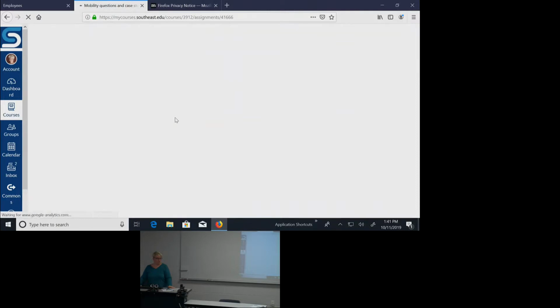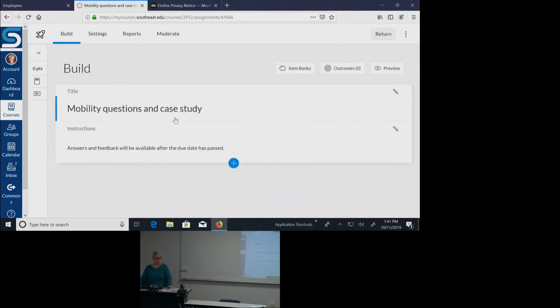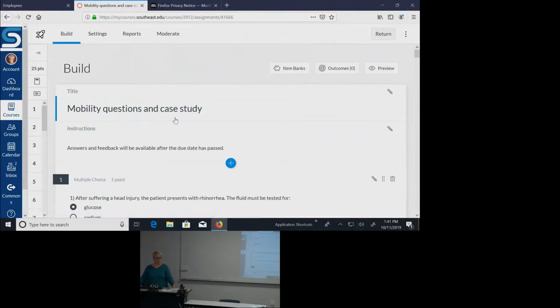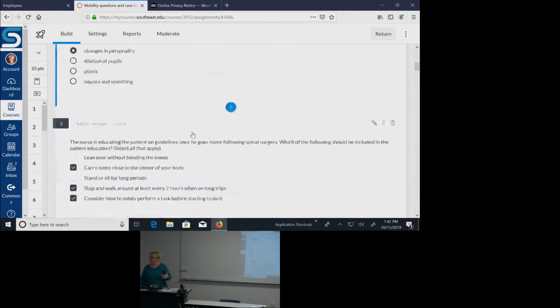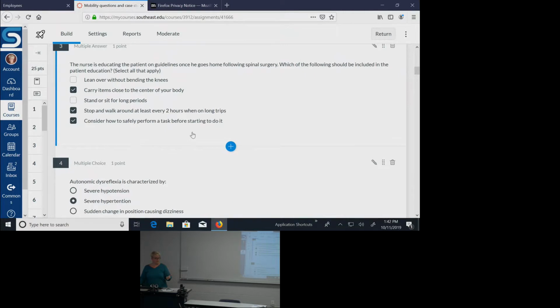And honestly, I don't know if I could tell you how I created this. It was part of my Canvas training class, and it said, you need to create this, and this is how you start. And I had a case study that someone had used in years previous. So basically I turned a paper copy of that case study into this. You type in your question, you can type in your 4 answers to pick from, you can tell the computer which one is correct, and then the students go through and do the questions,